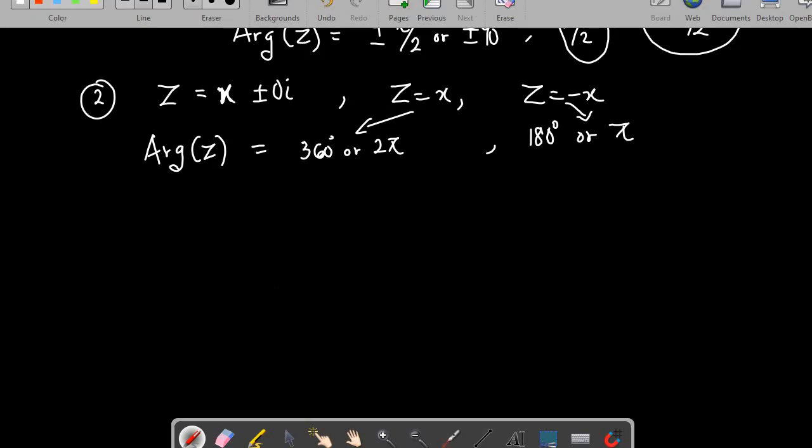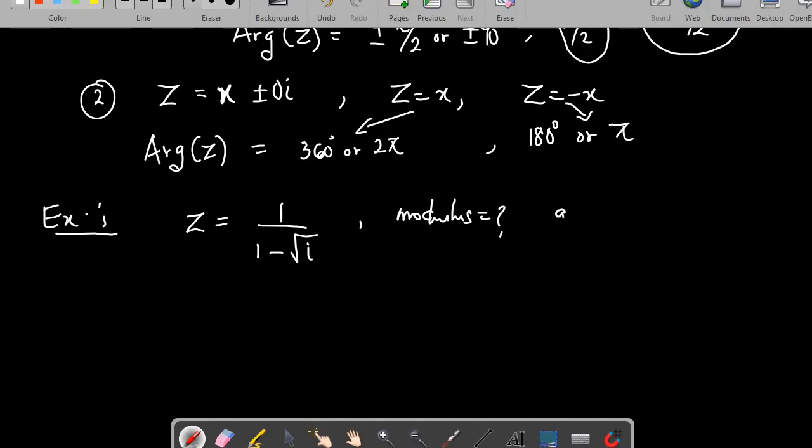And look at this question. They said, let's look at an example. z is given to us to be equal to 1 over 1 minus root i, and then we have to evaluate the modulus and the principal argument